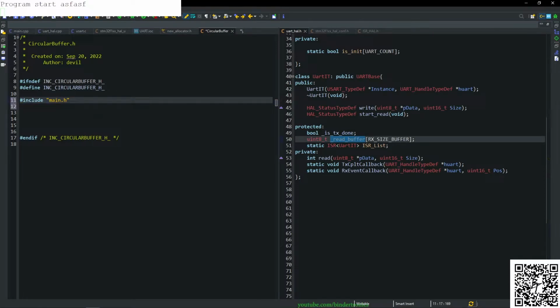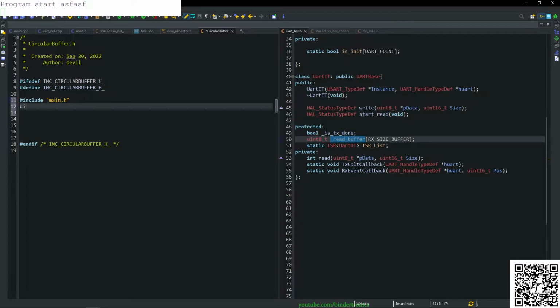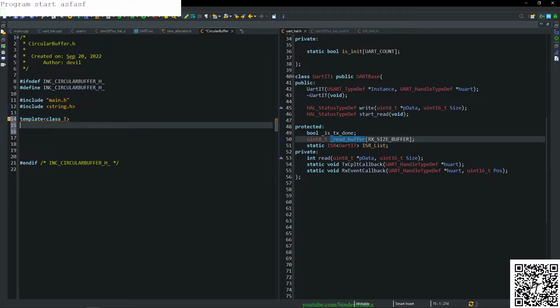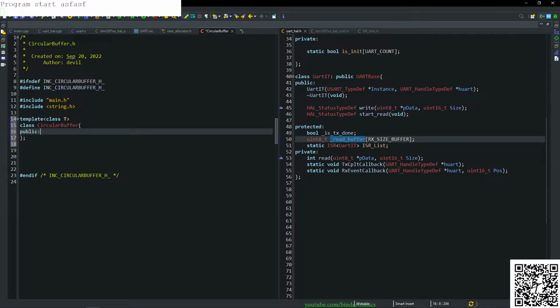And the second file is going to be include string.h. And this is going to be a template of a class of type T. Now we can create our class, and we call it circular buffer, and that's going to contain a public space